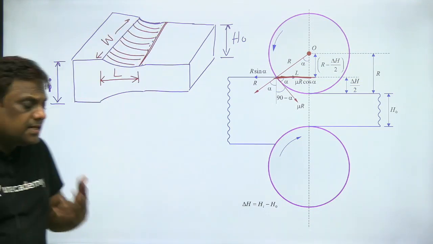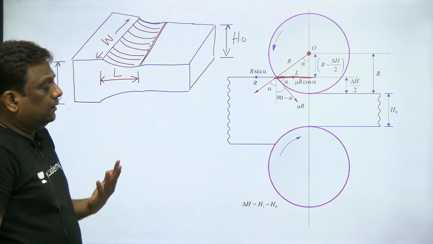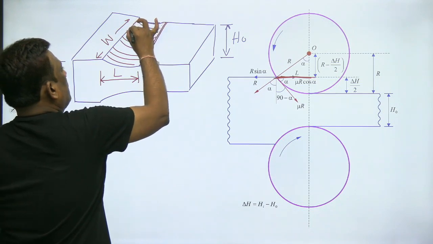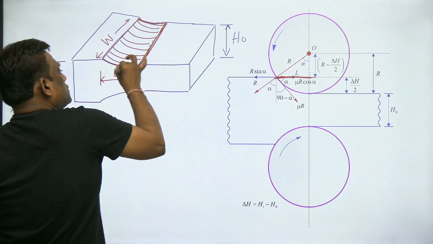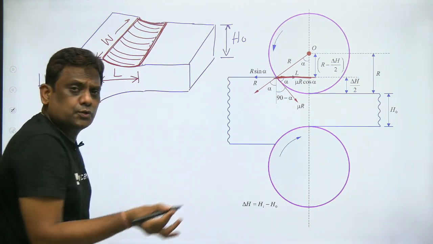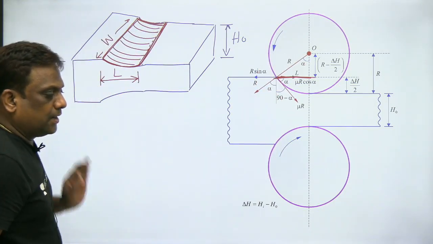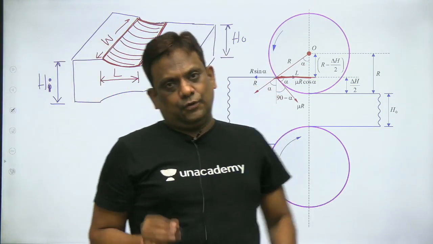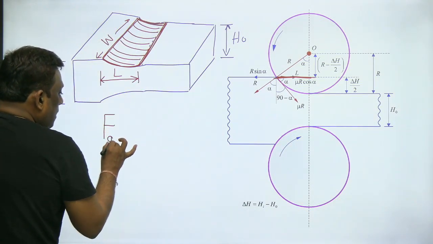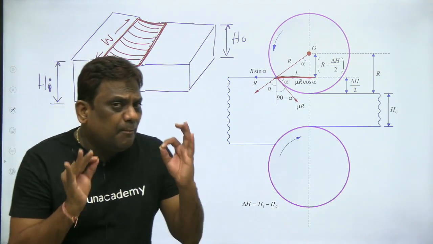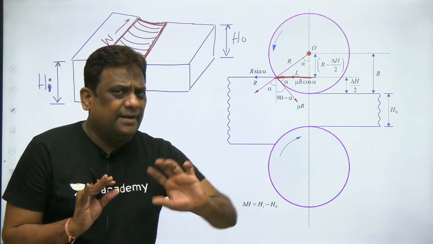Very good. Let's try to find out the average pressure, and then we will calculate the force. The pressure is not constant, it is varying. Just now you saw, up to the neutral point it is increasing, then again decreasing. Let's try to calculate the average force. If the average force is FAV, what do we mean by average force? Because pressure is not constant, I'll take a small element and integrate.